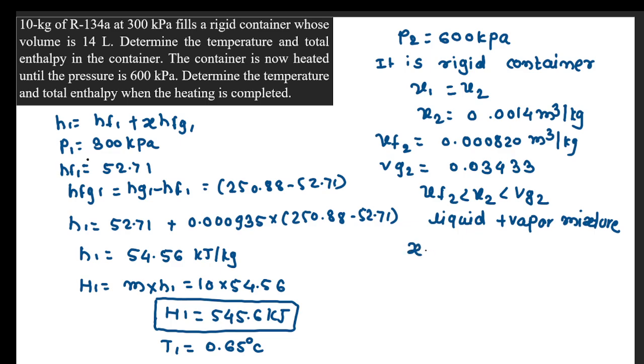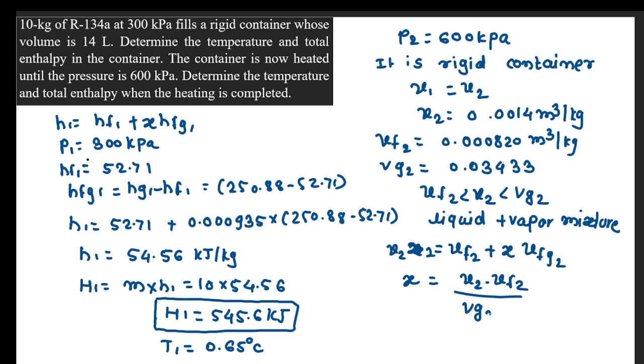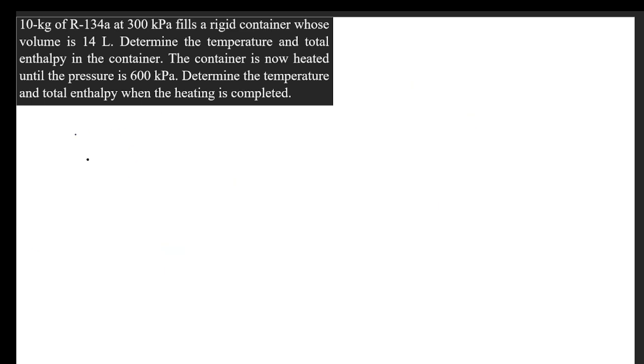So V2 is equal to Vf2 plus x Vfg2. So you can find out dryness fraction at state 2. It will be V2 minus Vf2 divided by Vg2 minus Vf2. So you can find out the x as